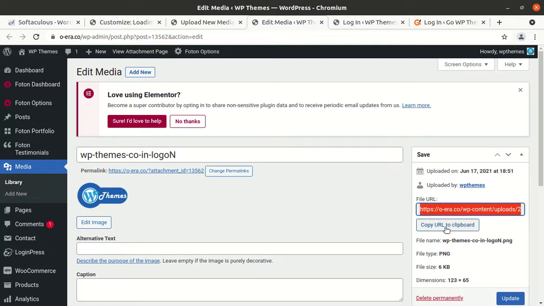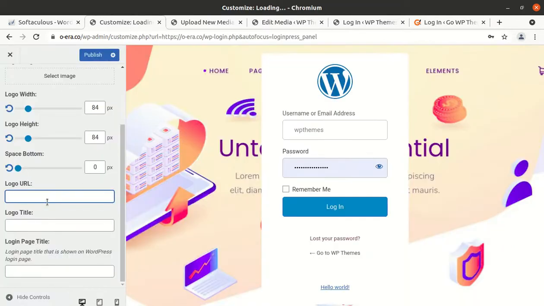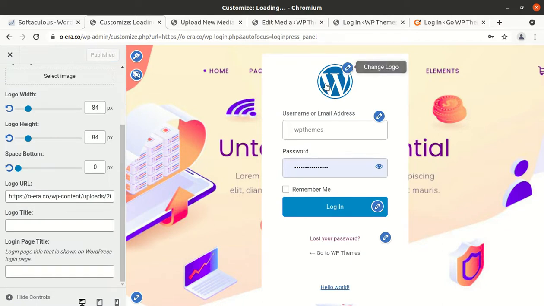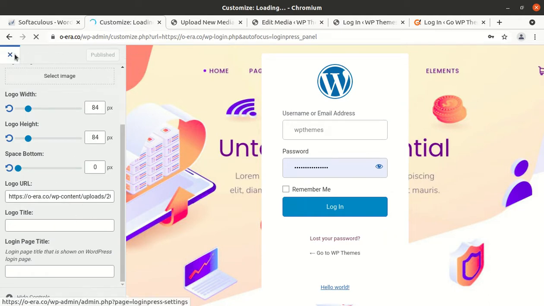Simply copy URL to clipboard and use this uploaded logo URL here and click on publish. Cut it now.